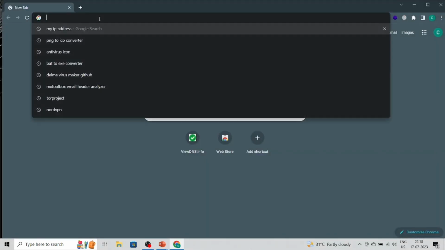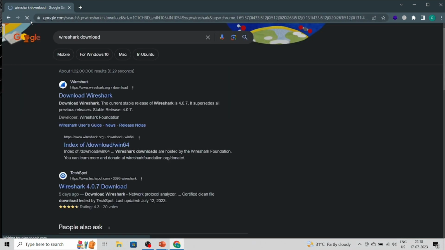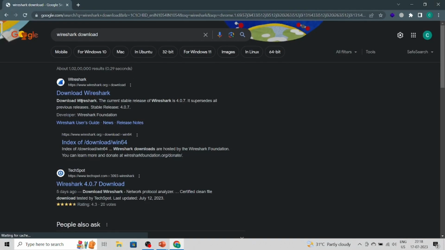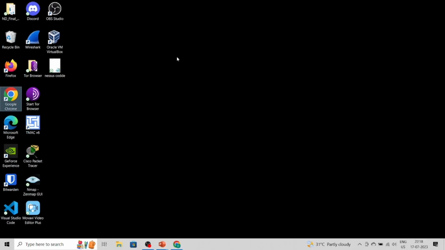For that, you need a tool which is Wireshark. Just search for Wireshark download, and you can go and download Wireshark and install it using the Windows Intel installer. Once you have configured it, you will see a Wireshark icon over here. You can just double click on Wireshark,